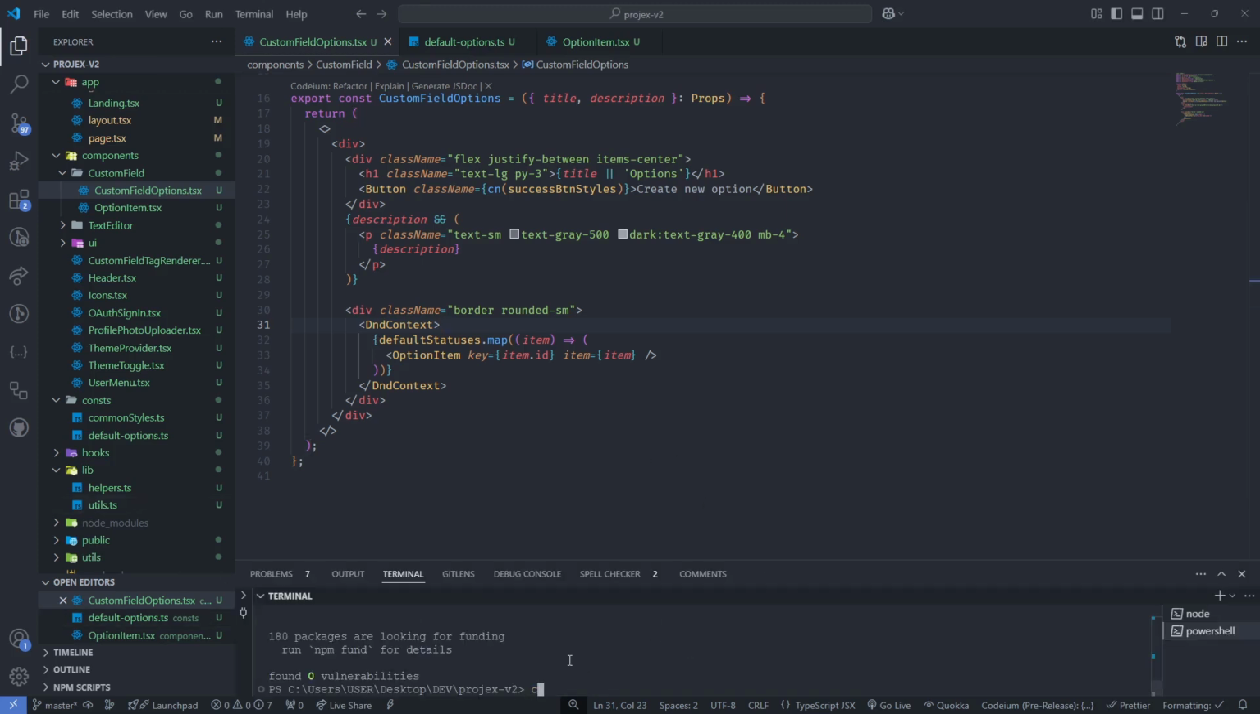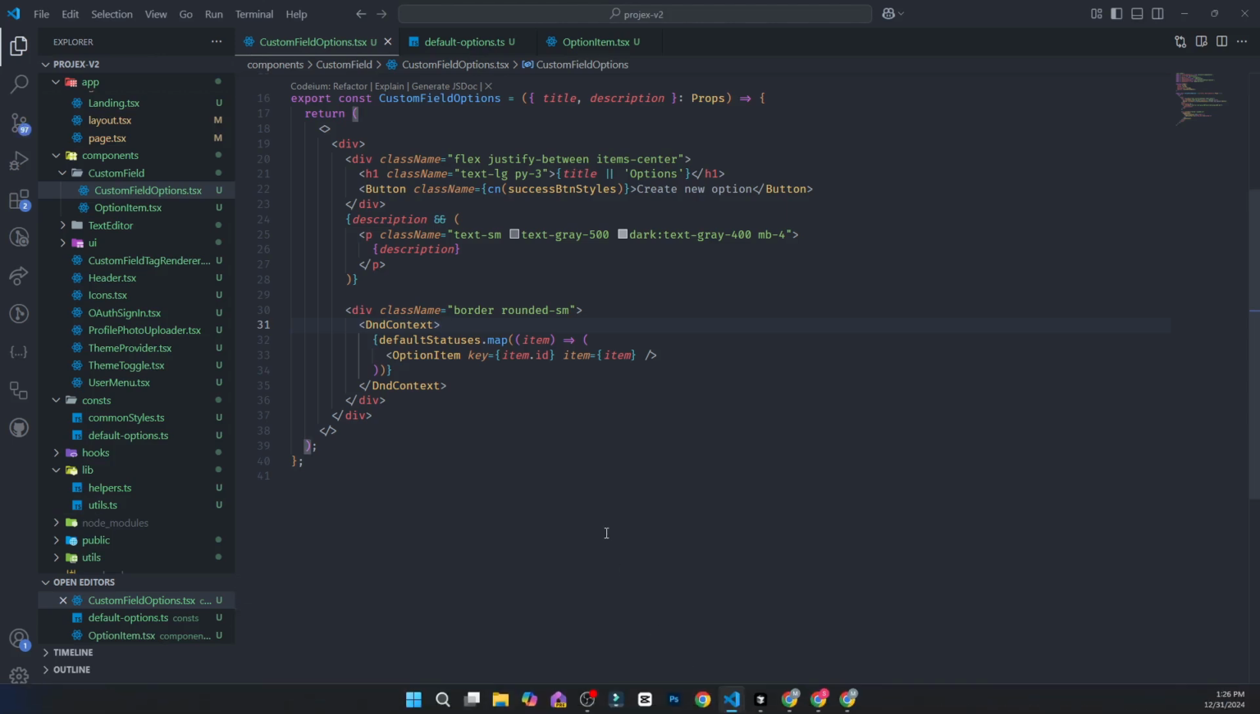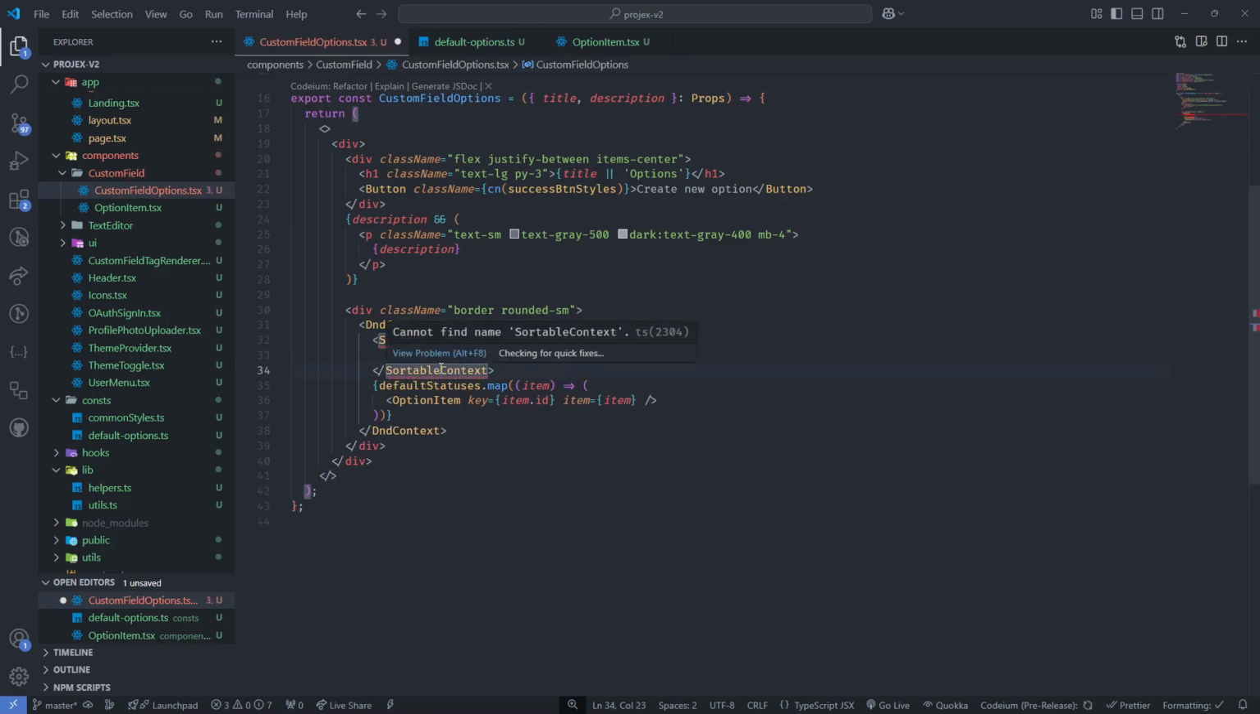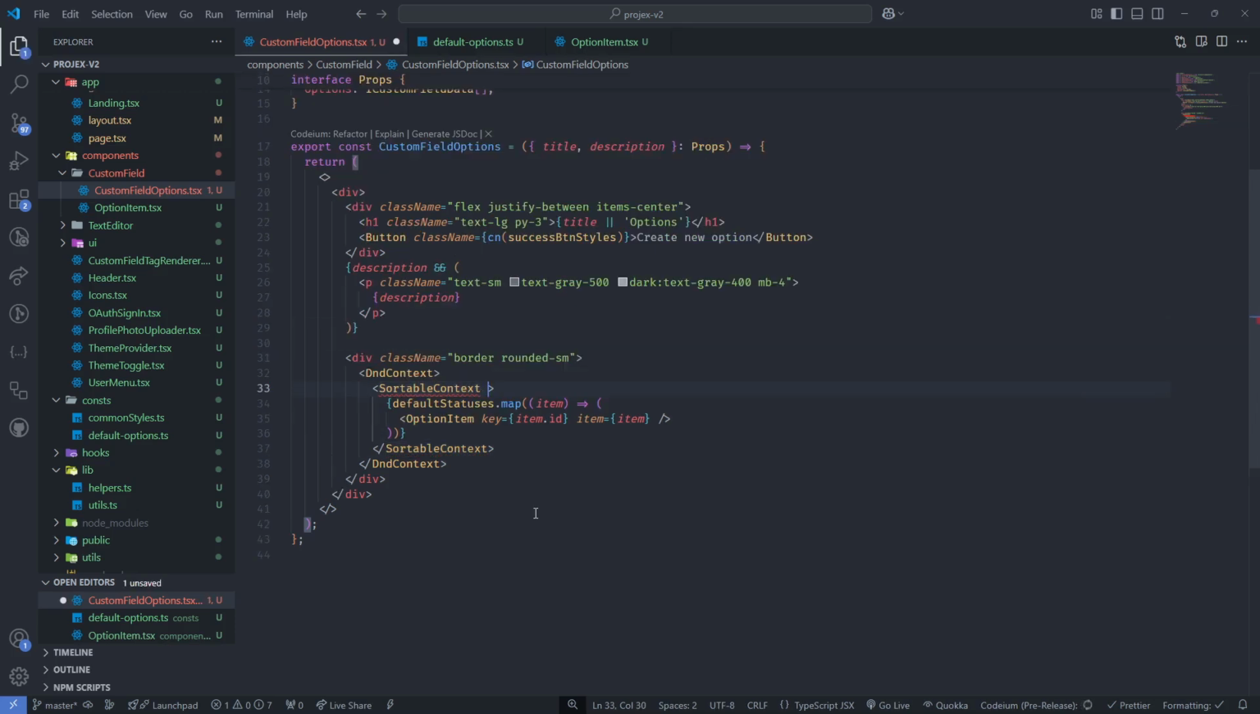All right, so that is done installing. Let's clear this. And inside here, we are going to say sortable context. All right, and we're going to move this down as well. So let's import this too. Here we need to pass some props, right? So